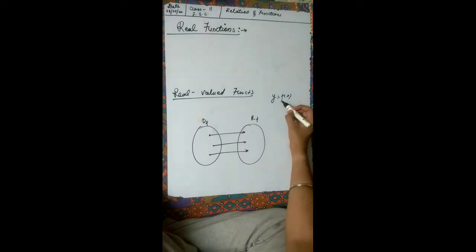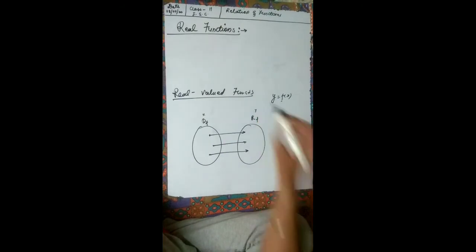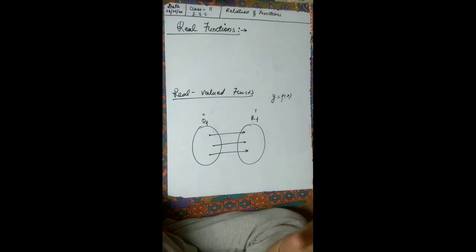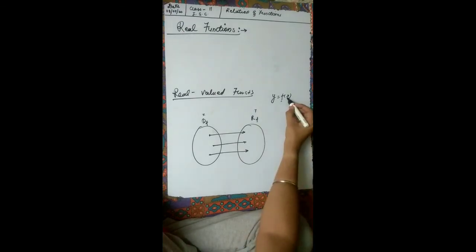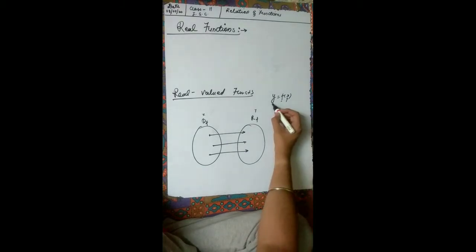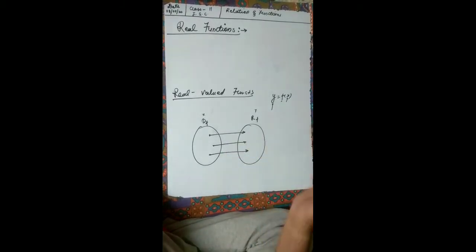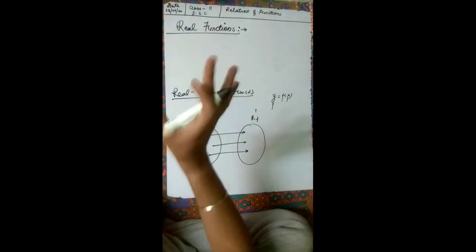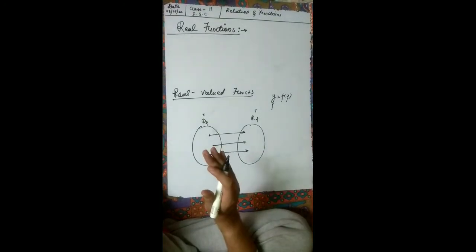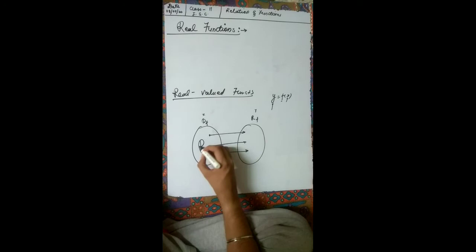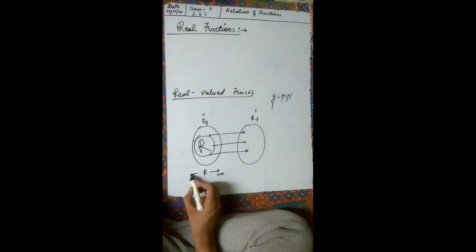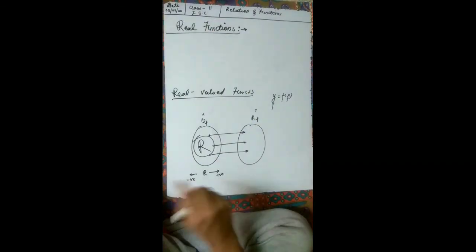Now this is x and this is y. If I'm writing y = f(x), this should come to our mind: how much value can this x accept, and correspondingly how much can y accept or we can find. If the domain can accept the full real number, in the sense all the positive side up to infinity and all the negative side up to infinity, then that is called the real function.